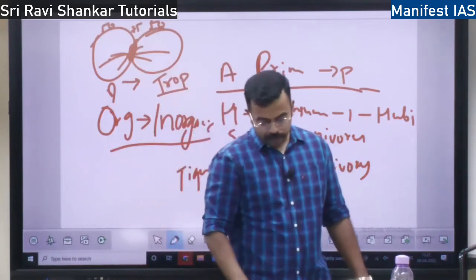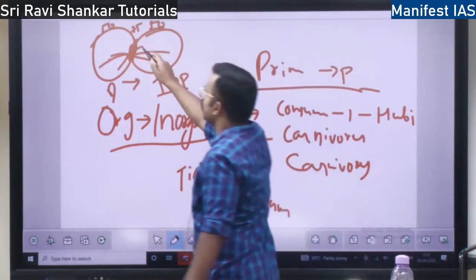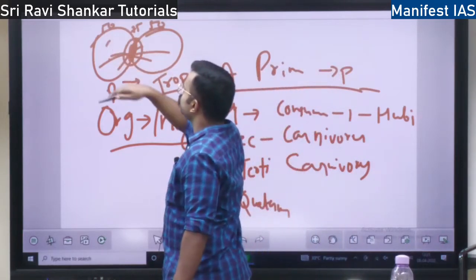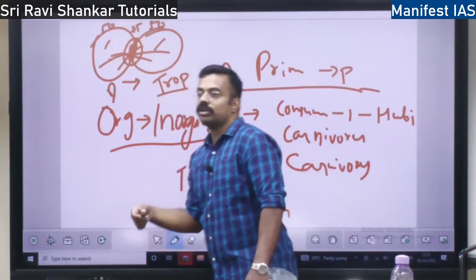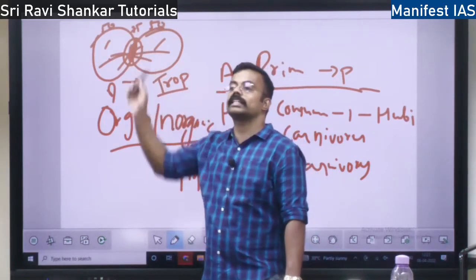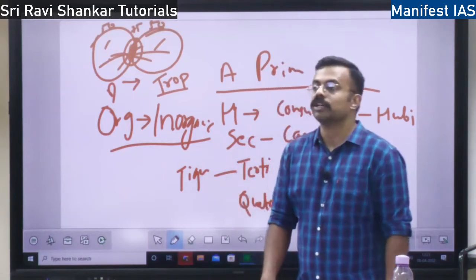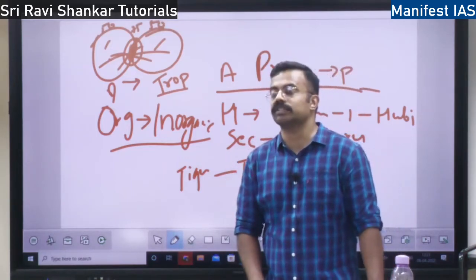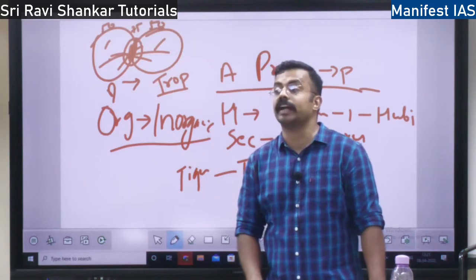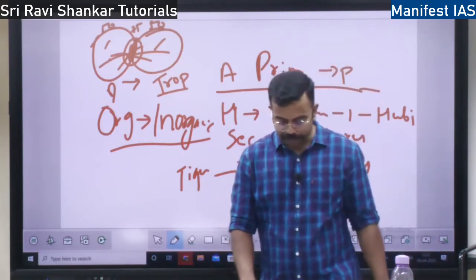Why more animals? Because of edge effect. See, this area has both the components of this and this sala. So animals will find this place good because both the characteristics are there. That is why you will find more number of species. So that characteristic of the ecotone is called edge effect. More number of species in the junction is called edge effect.